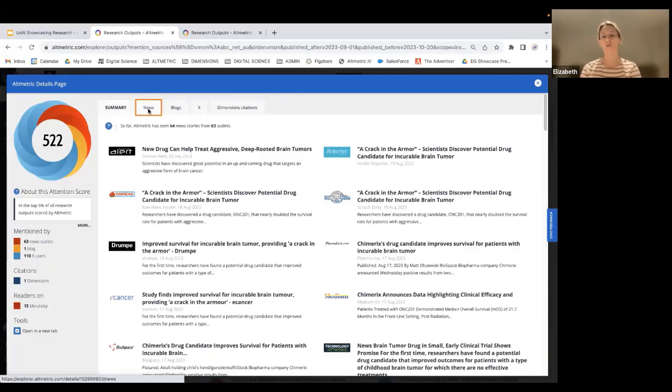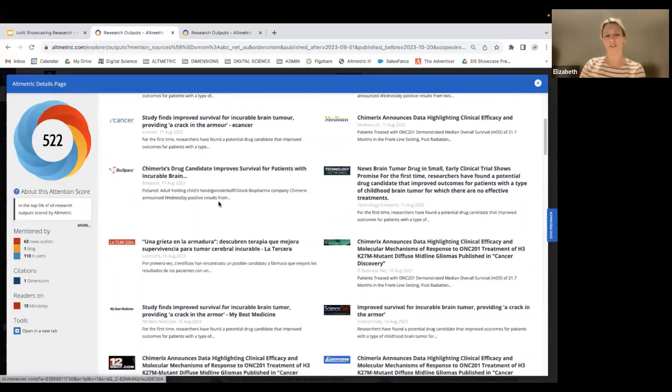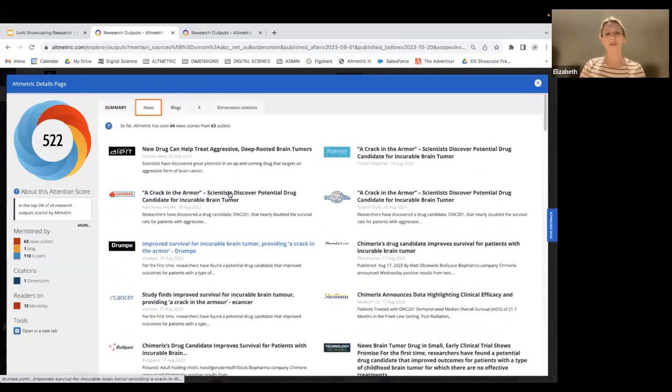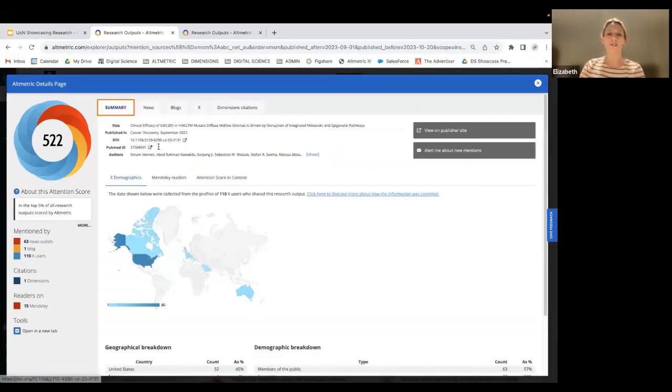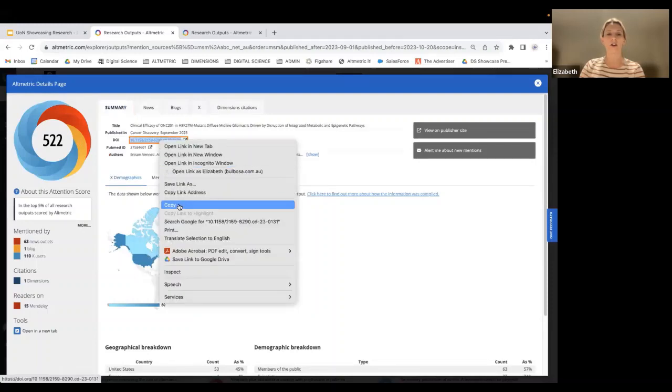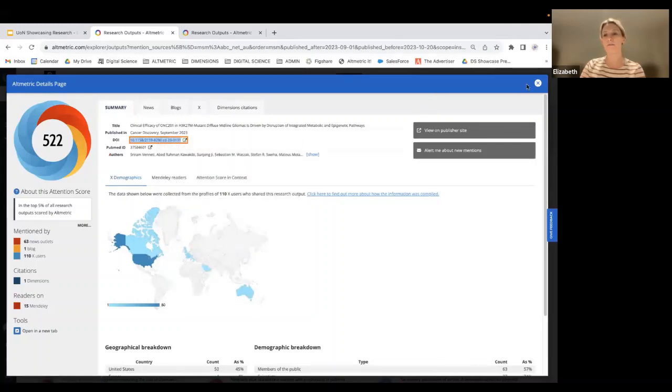I can look at whether, from a media and comms perspective, I think that's a reputable source. If I think that it's something that we can then go off the back of and do a press release from the institution level as well. And again, you can scroll down that way, so you can look at it from the details page. Or what I could do is copy the DOI